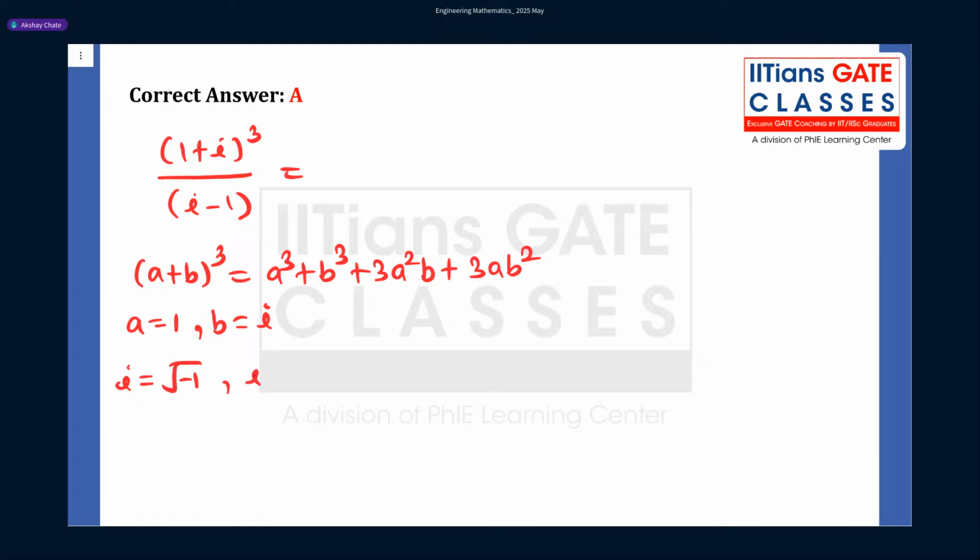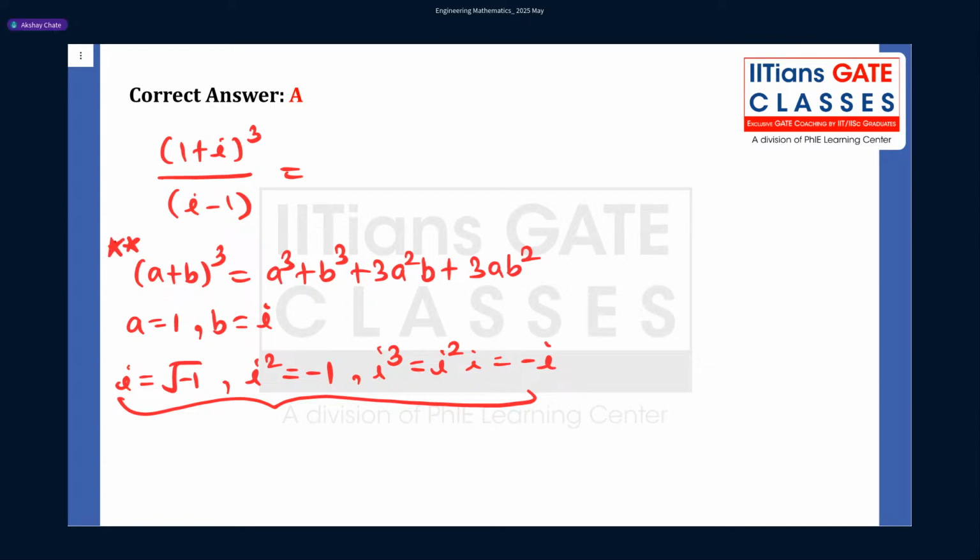1, the i square value will be minus 1. And i cube value is nothing but i square into i. So i square is minus 1, so it is minus i. We need these values to calculate the cubic expansion, so that's why I'm just giving you here. So in this question, this concept is important, the basic expansion of the cubic (a plus b) cube